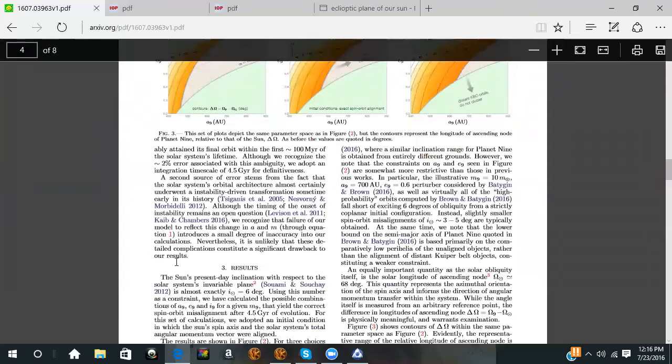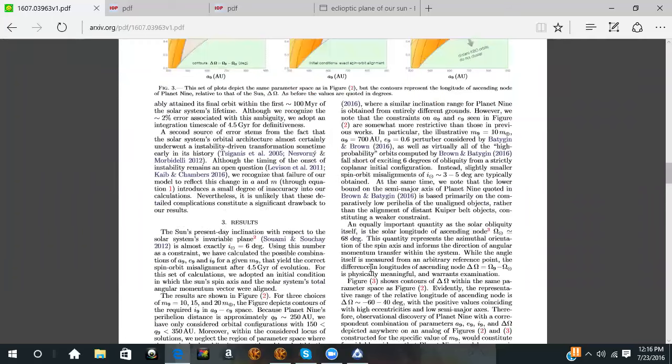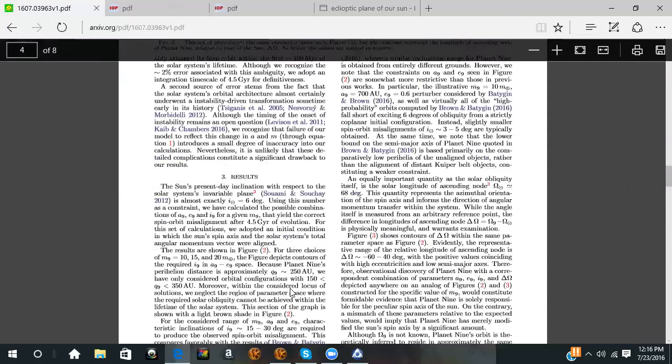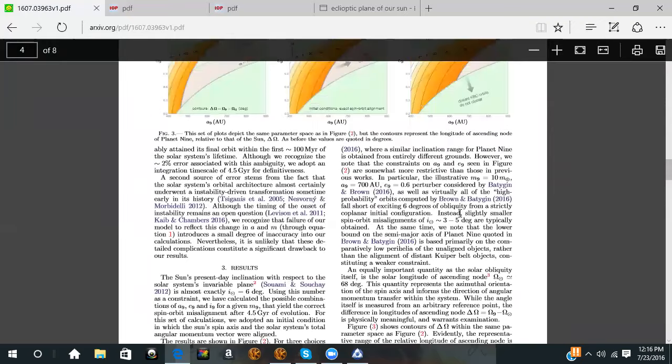So for the sun, they have their results, and they say the sun's present-day inclination is 6 degrees from 90 degrees, basically perpendicular to the plane. It's 6 degrees off of what it should be, explained by our ecliptic plane as of now with the known bodies that we study. We accept that the planet's perihelion distance is about 250. Okay, it's about 10 times the mass of the Earth, and